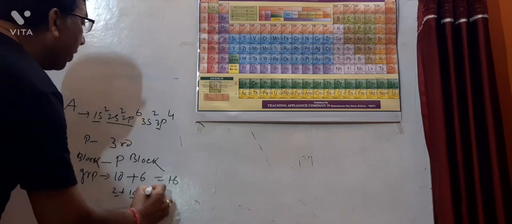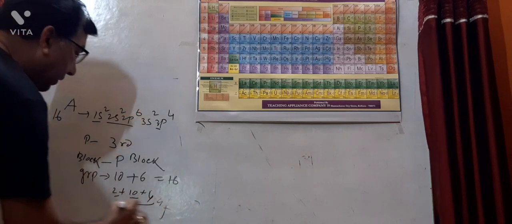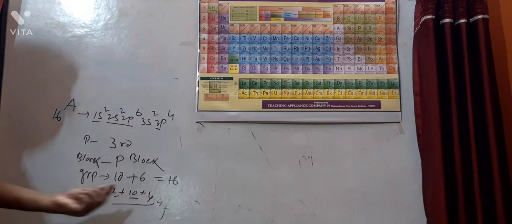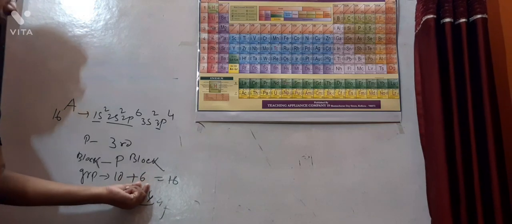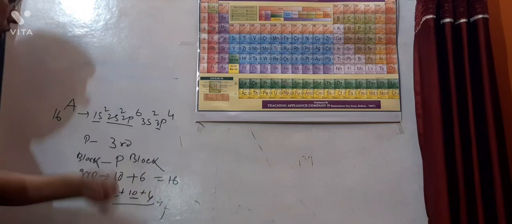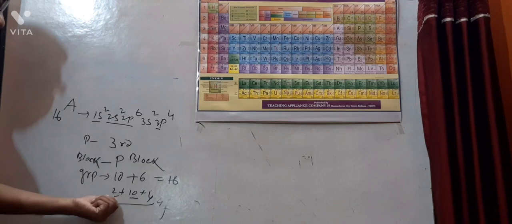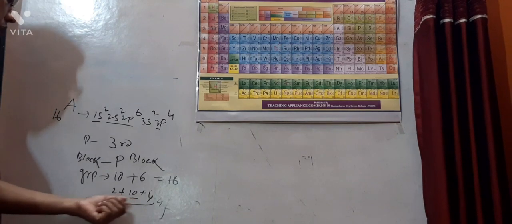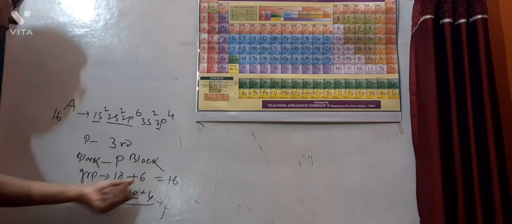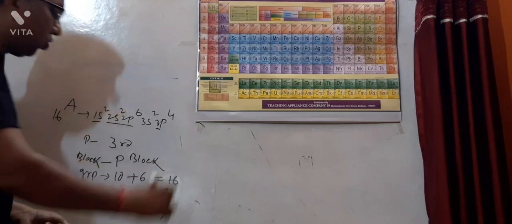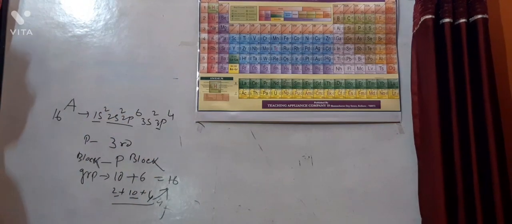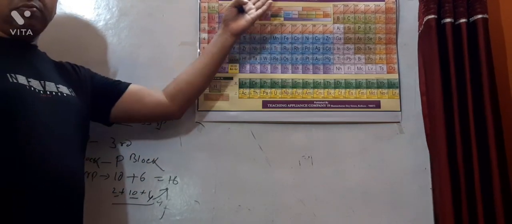See, how many in s block? 2. Plus 10 for d. Plus the last electrons in p, which is 4. So you can write 10 plus 6, the total number of valence electrons, or 2 for s subshell, d block, s block, p block, that is also 16. In this way, you can calculate the period, block